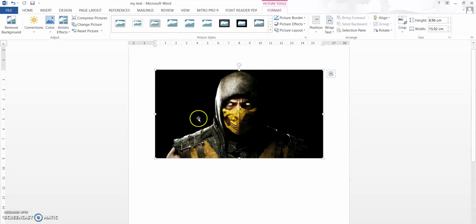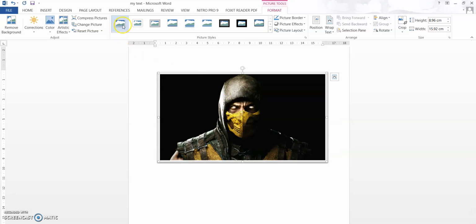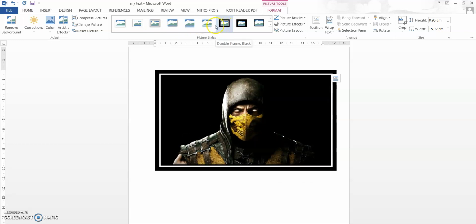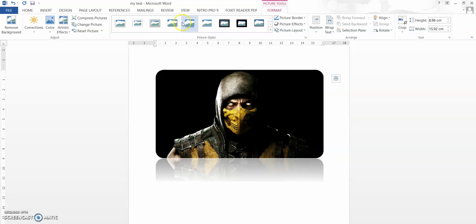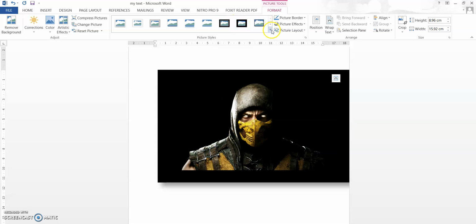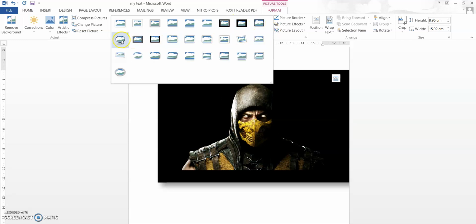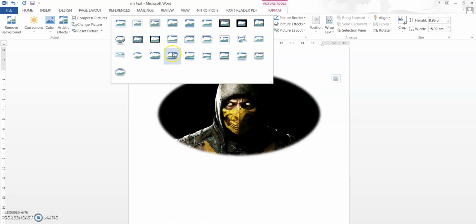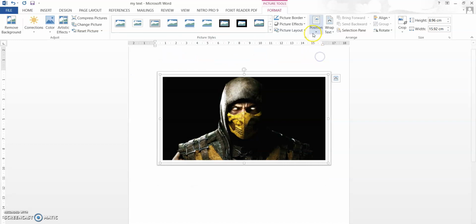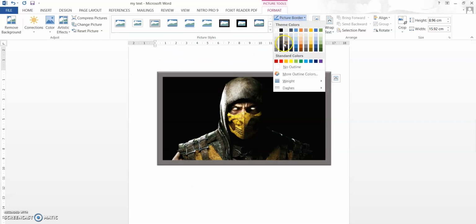When the picture is uploaded in Microsoft Word, then you can add frames to the picture. So these are all the different styles of frames, and see, you can add 3D frames also, and you can add a reflection, rounded triangle edge, double frame, and a lot of frames are available. So you can make it a round one or make it a 3D picture, like that many frames can be added. Okay, and there is even a picture border in which you can change the border color.